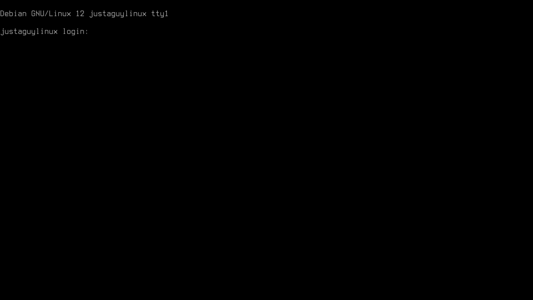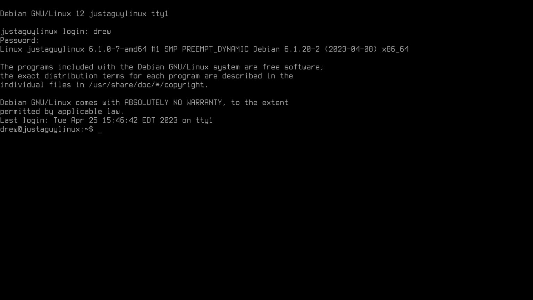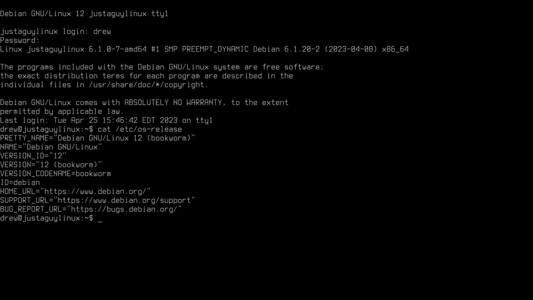Okay, we are back, and I just rebooted the machine, and now you can see that we're on Bookworm. Okay, now let's go ahead and clear the screen. And what I want to do is I'm going to git clone a few things from my GitHub, and